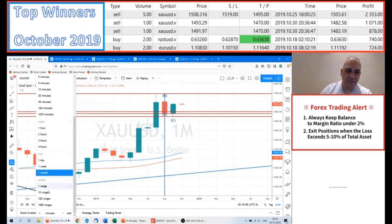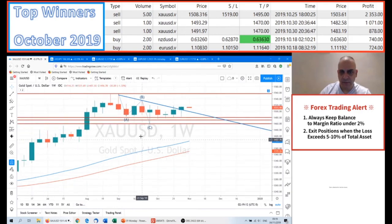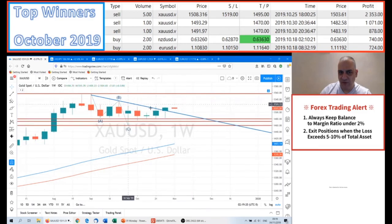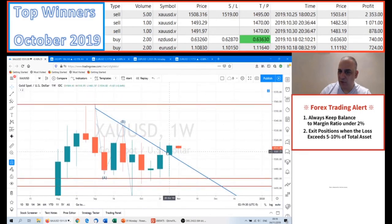What about the weekly? Let's look at the weekly, guys. On the weekly chart, we also have a close above the same trend line. Not really above it, but it is good enough. And this, of course, is another sign of strength. However, we have been rising for 3 weeks straight, so some kind of correction